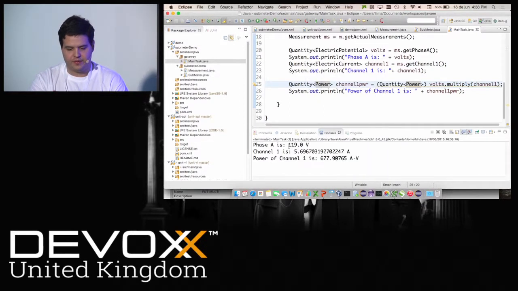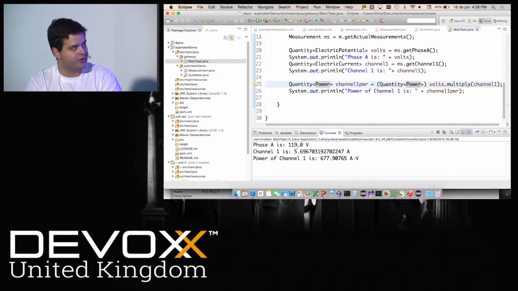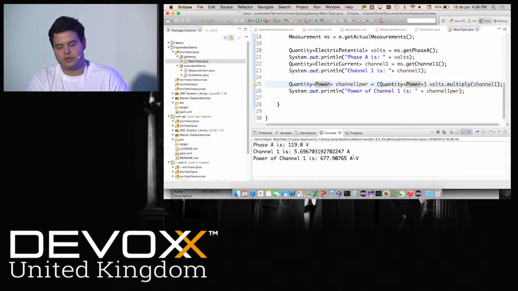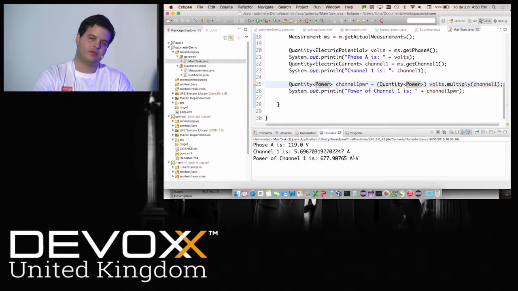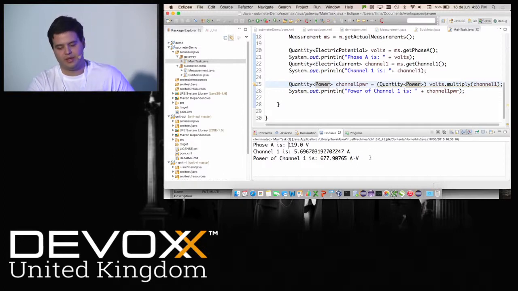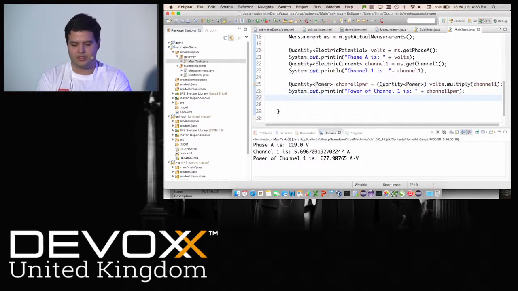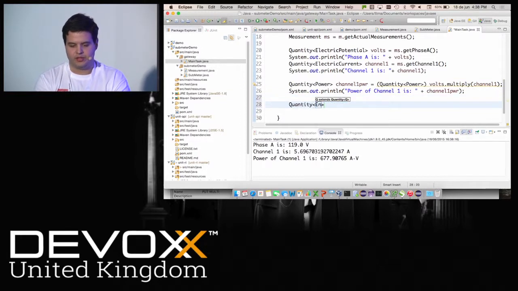And it's going to say, okay, if I have 119 volts for almost 5.7 amperes, I get 677 ampere volts, which is almost like watts, but not necessarily, because there's reactive power, active power and stuff. But it's the same dimension, so you're getting stuff corrected, and you're safe that you're not mixing stuff up. So I can do energy, and I know that if I take power times time,